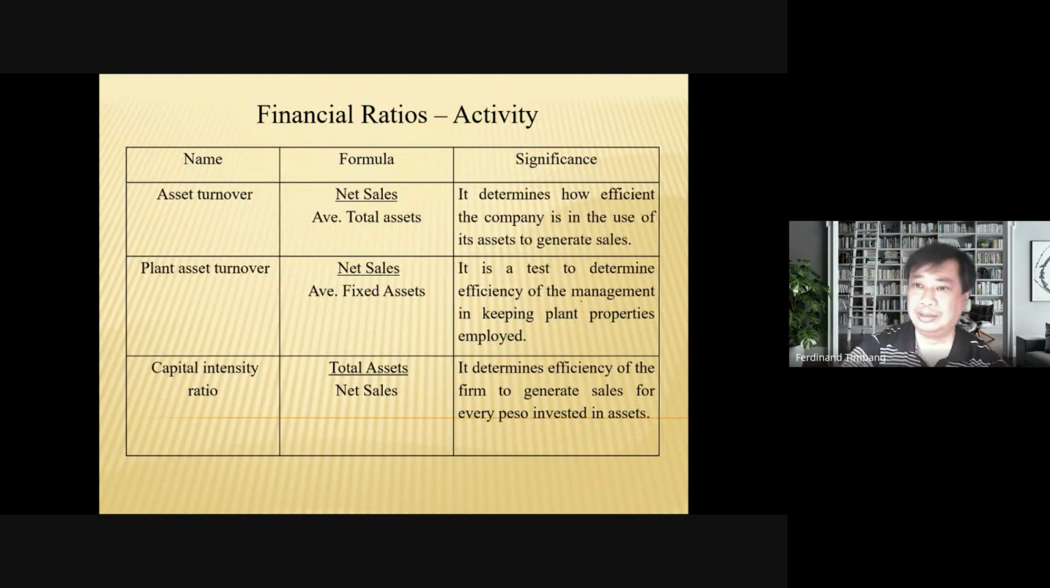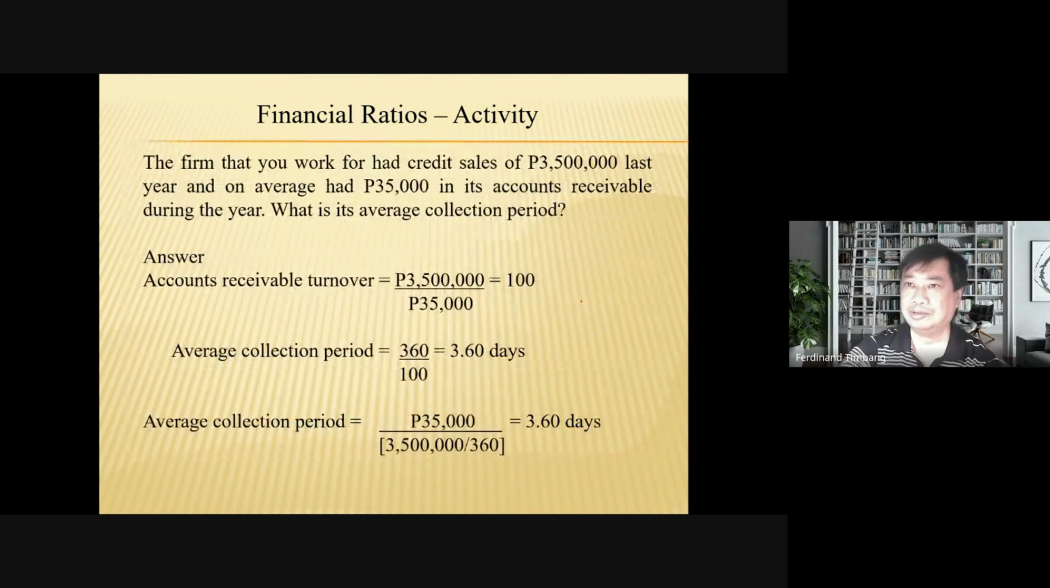Then we have this, let's not pay too much attention to these. So, example here: the firm that you work for had credit sales of 3.5 million last year, and on average had 35,000 in its accounts receivable during the year. So what is the average collection period? So our accounts receivable turnover,